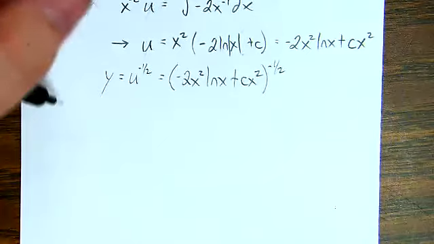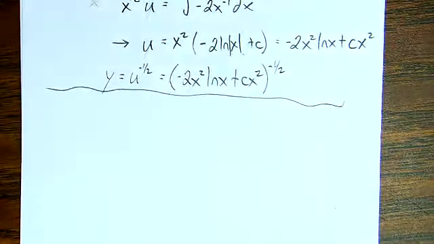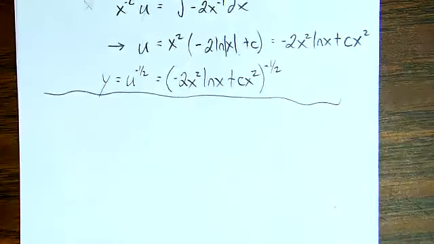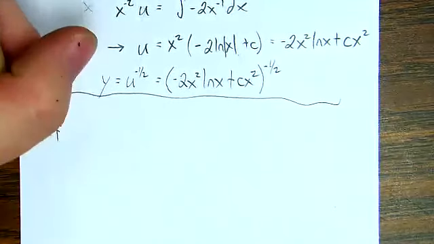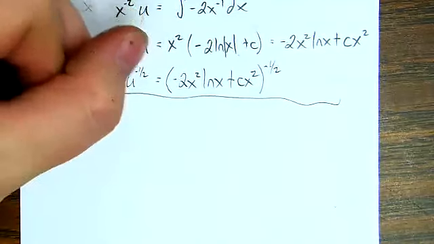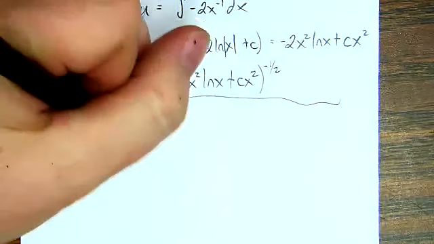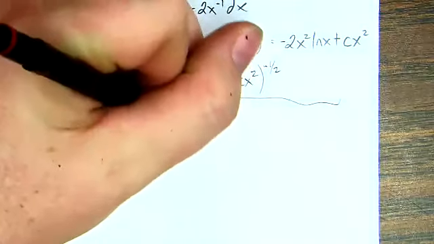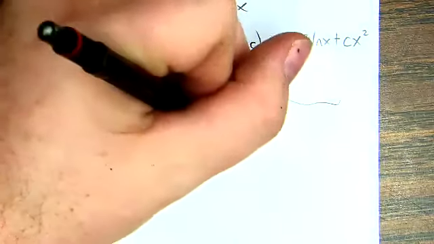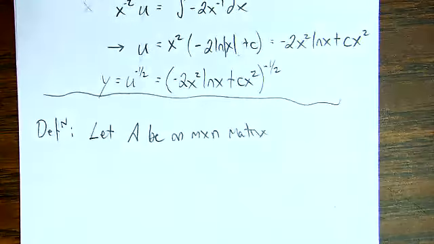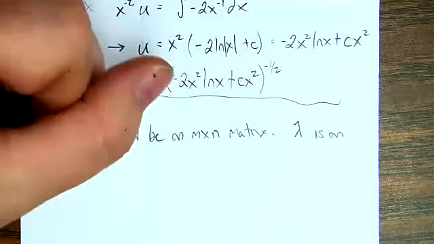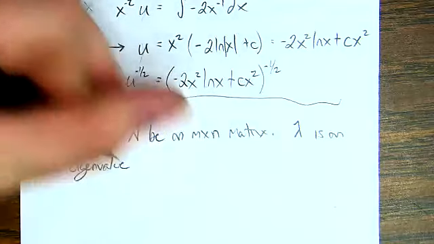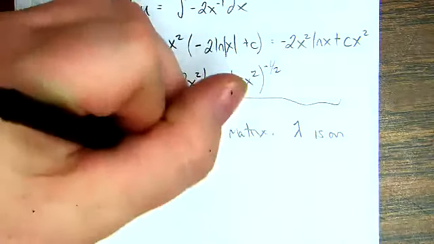All right, so now let's revisit the appendix. We've been talking about matrices. Last time we talked about using matrices to solve systems of equations. So I'm going to start with another definition. Let A be an M by N matrix. We say that lambda is an eigenvalue of the matrix A